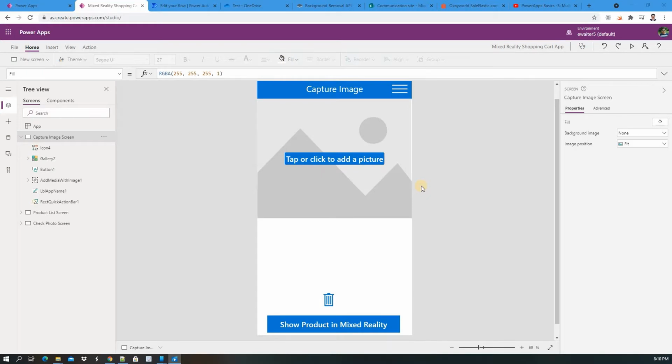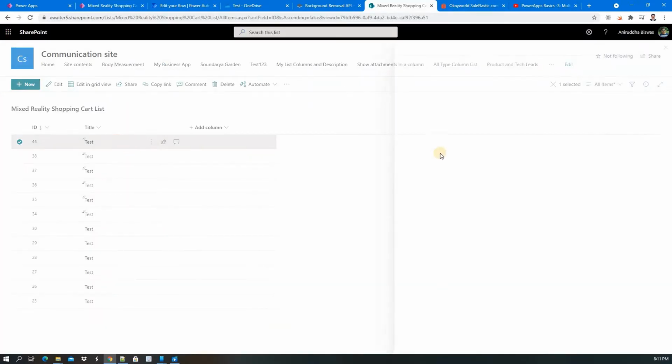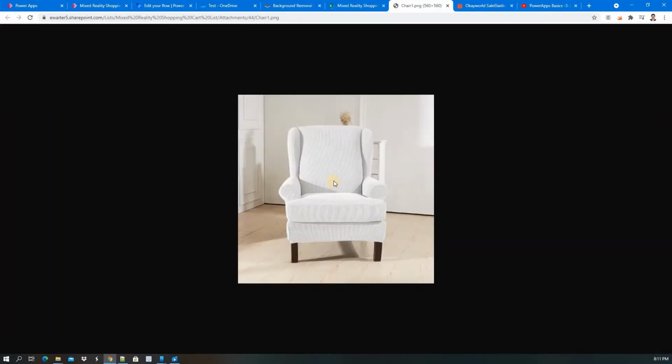One thing I can tell you here is that if you download the image from online and just upload it in SharePoint and you want to check it with your mixed reality app, it will not work. Why? Because what I have done here is I downloaded the image and uploaded it directly in SharePoint, not through my app, so the background is there.